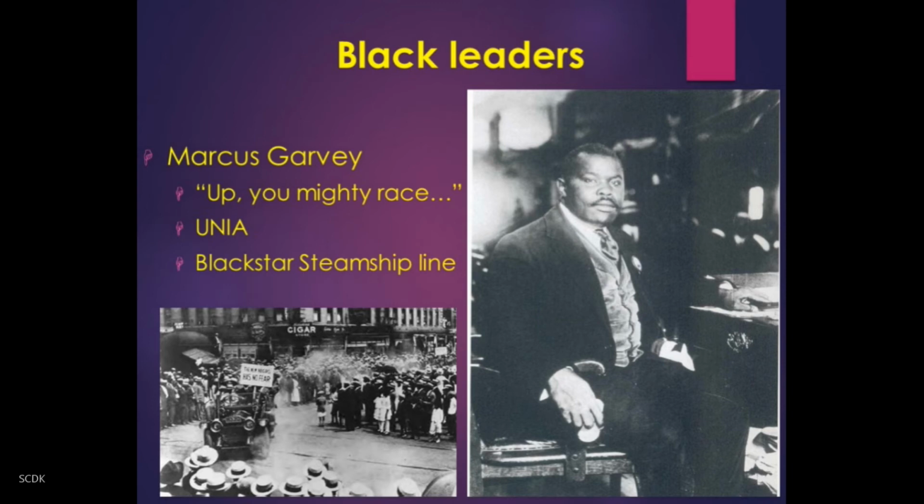There were other responses as well. The loudest voice of this period might well have been that of Marcus Garvey. Garvey reached the masses of blacks clustered in such places as Harlem, New York, like no other leader of his time. He preached black nationalism and black pride. "Up, you mighty race! You can accomplish what you will," he said. In 1914, Garvey founded the Universal Negro Improvement Association, the UNIA, to unite, quote, "all the Negro peoples of the world," and establish a black nation in Africa.